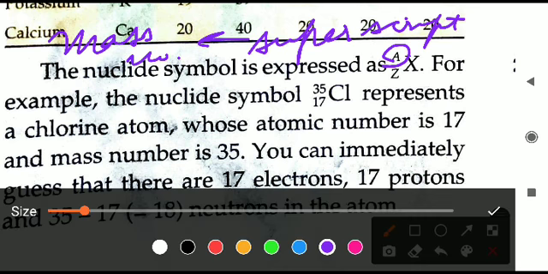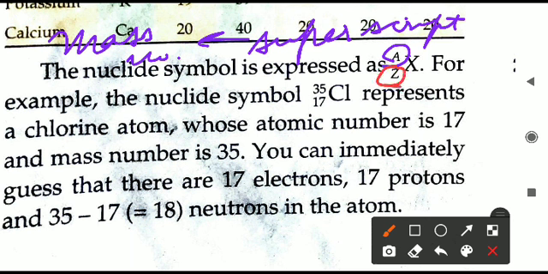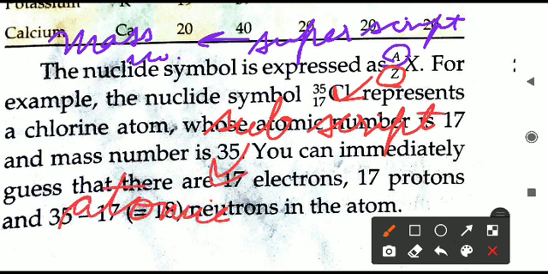And on the downside, you see the second thing is given. You can see Z is written there, that is called the subscript. Whatever is written downside is the subscript, and in the subscript we will write the atomic number, that is the number of protons. So whenever we write the nuclide symbol, first of all we will write the symbol of that element. Different symbols you have been learning from earlier classes itself. If you have not done so, there is a table given on the same page, you can learn from there. Minimum 1 to 20 symbols you should know. So we write the symbol, then on the superscript, top left corner, we write the mass number, and on the bottom left, that is the subscript, we write the atomic number.